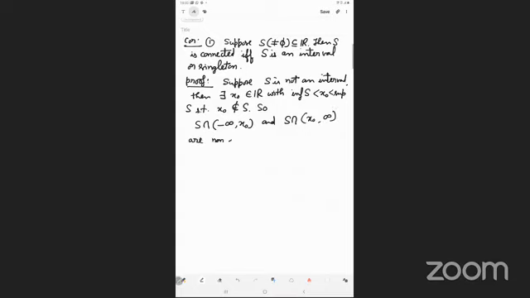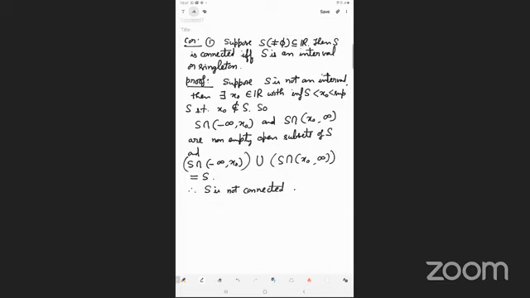Open subsets of S. And you can see that, if you are taking the union of all these open sets, we get S. So we can say that if S is not an interval, then S is not connected. Which means if S is connected, then S is an interval. And for the converse,